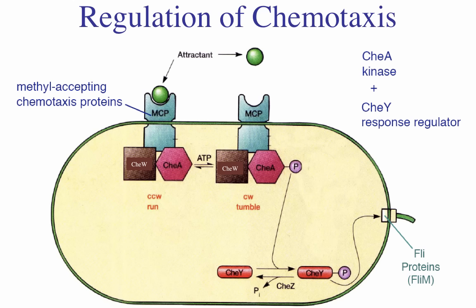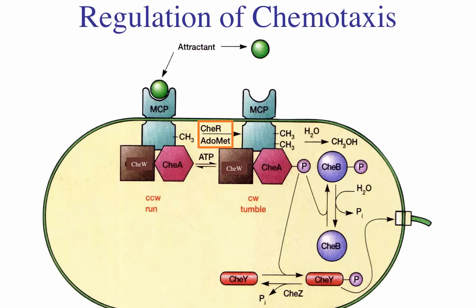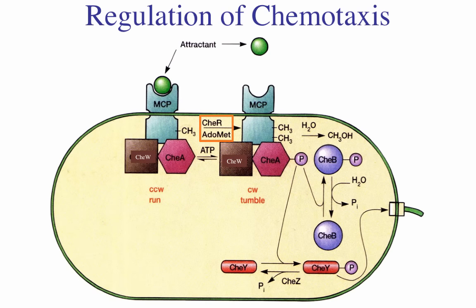Phosphorylated CheA is able now to transfer its phosphate to CheY, and phosphorylated CheY is going to be able to bind to the FliM proteins in the flagellum and induce a change in the rotation to counterclockwise, inducing a tumble. So the response to signal and flagellar control is mediated by the phosphorylation of CheA and subsequently CheY. But there's a second level of control existing called adaptation, and the adaptation is an idea